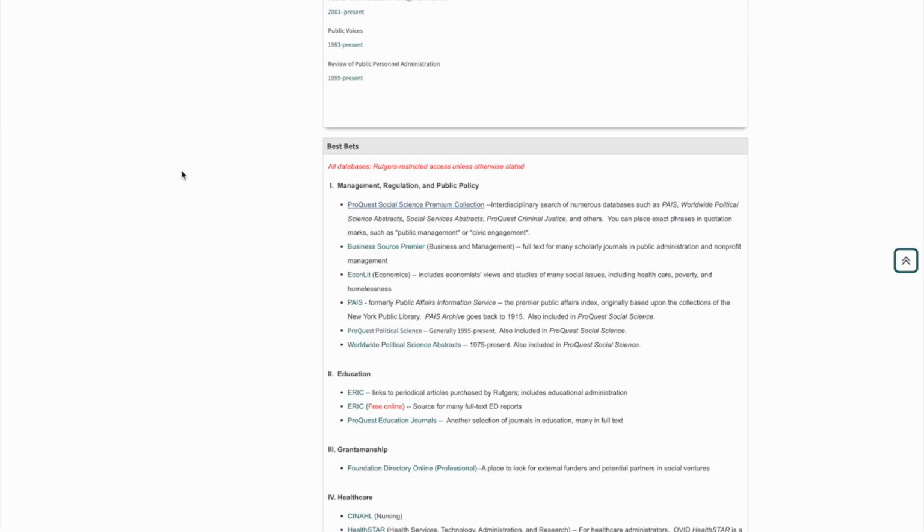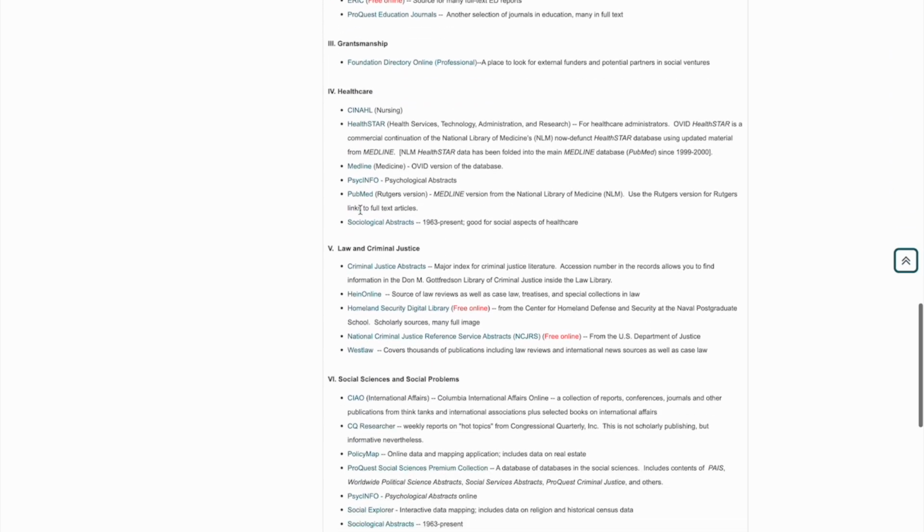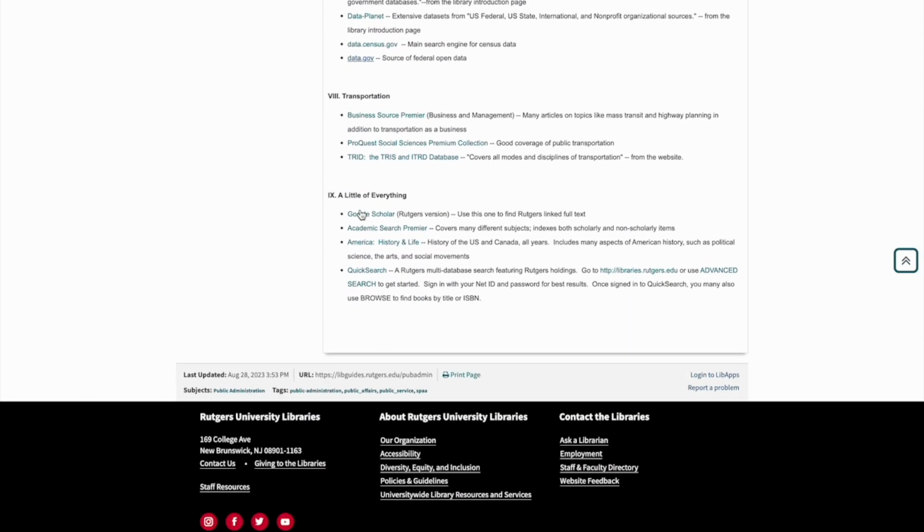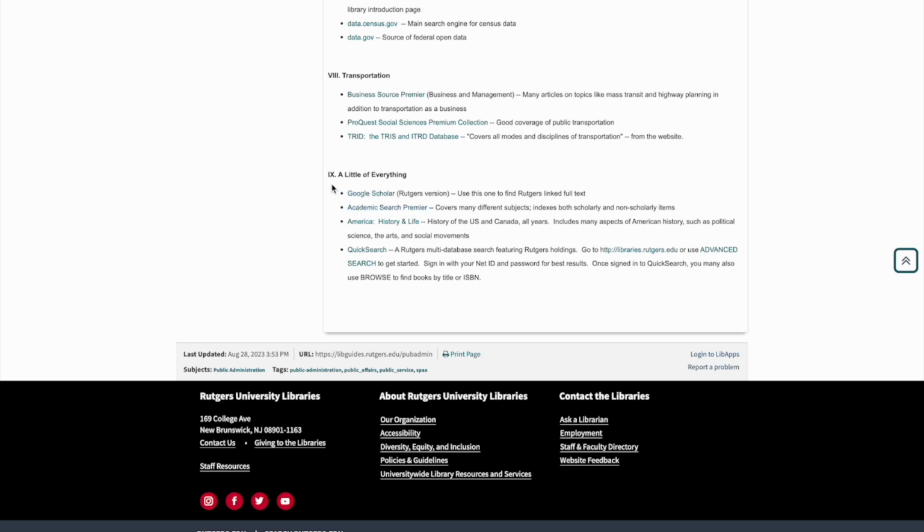The next resource that we're going to look at is Google Scholar. So we're going to stick to the same research guide, and we're going to scroll down. So the first database that we looked at was under Best Bets. If we scroll down at the same research guide, we can find Google Scholar under A Little of Everything. And we're going to click on Google Scholar